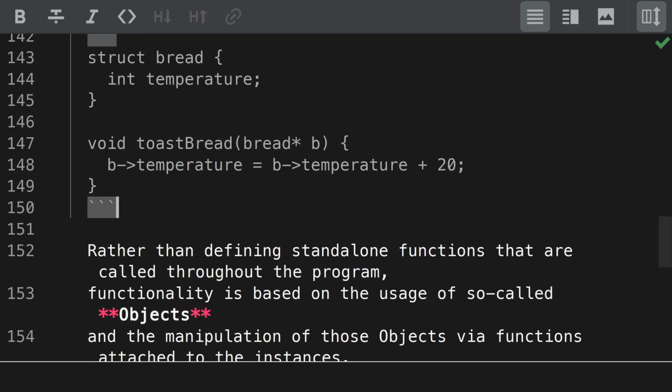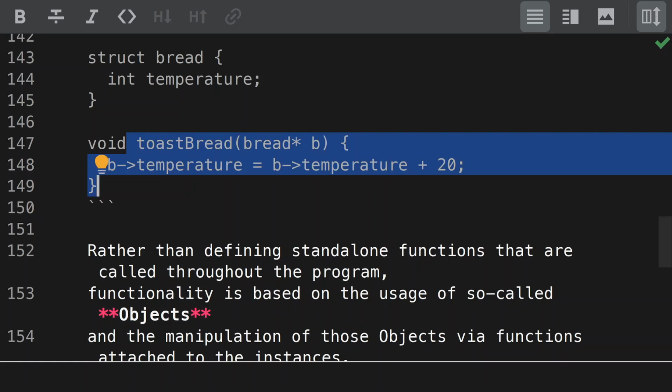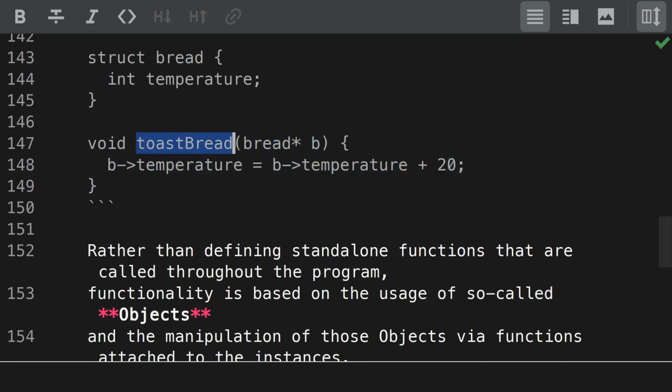So this was the style of programming before OOP really started to take off. And you notice how there's sort of a separation between the struct definition and the interactions made available by the program. ToastBread is defined entirely without